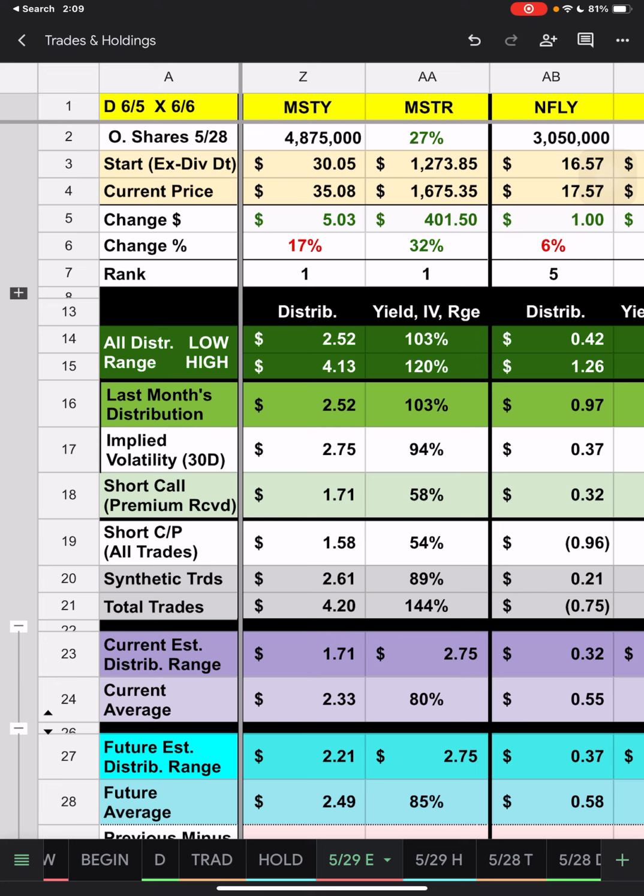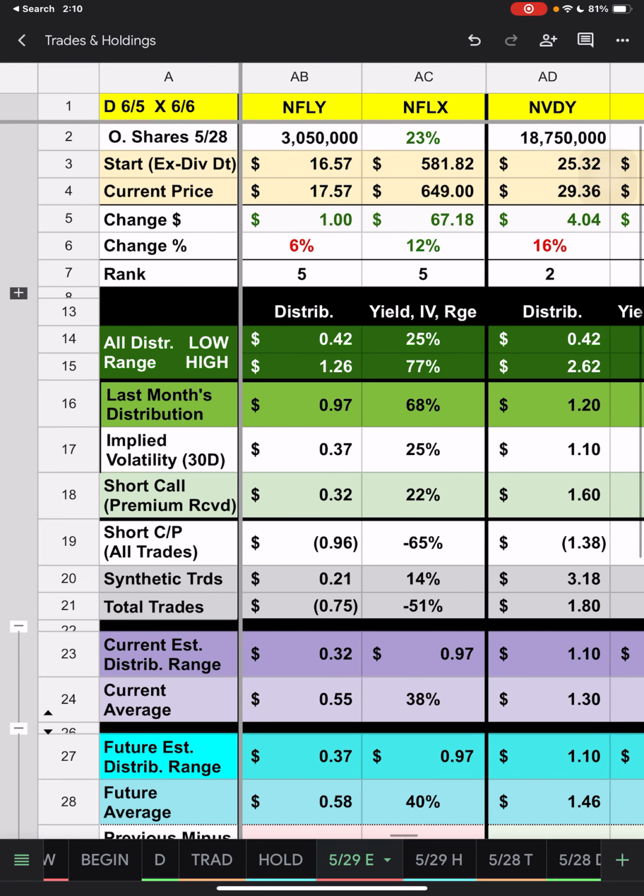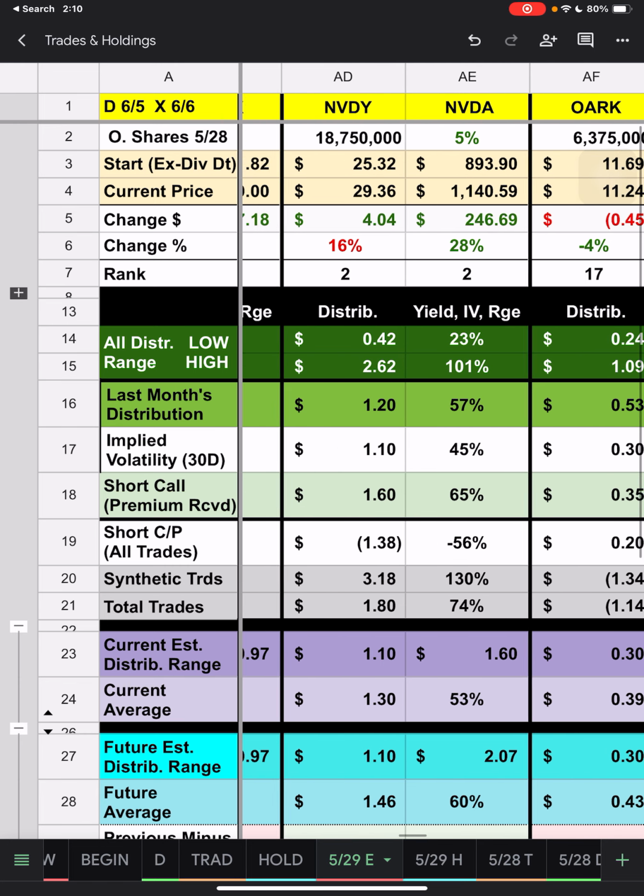It looks like the IV ended up going up just a little bit there, which is the reason that it went up 10 cents. And I'm guessing it went down from 252 to 221 due to the way that these were averaged as far as daily. But anyway, we're going to move on to Nefli. Nefli is right now 37 to 97 with an average of 58. Yesterday it was 35 to 97 with an average of 59.